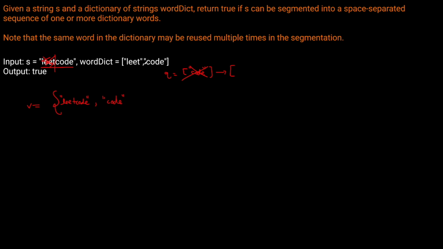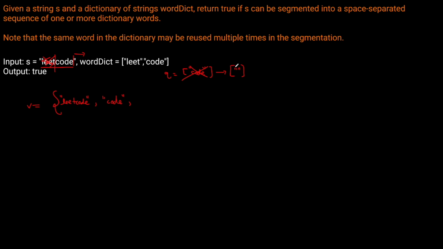So we're going to split everything after code, which in this case is going to be an empty string. Hint, hint. And sorry, this looks like it's a white space actually, so it should just be an empty string, no white space. Okay, and then we've gone through all the words in our word dictionary. Now we can process the next level of the queue. So the first thing that we do is check whether or not the current word that we're working with, this empty string,